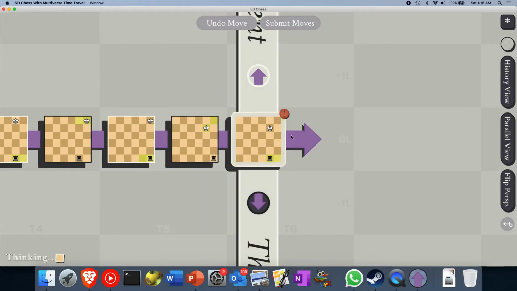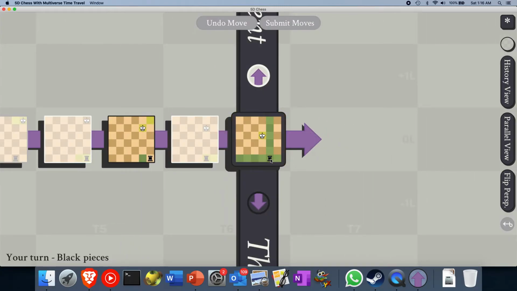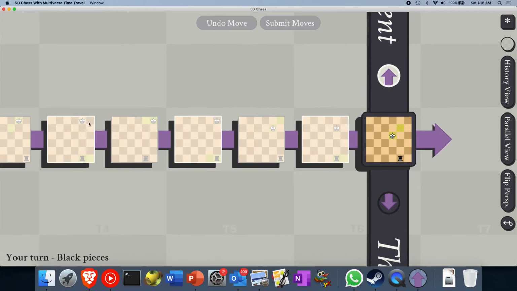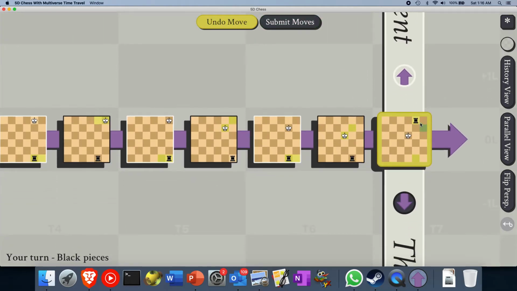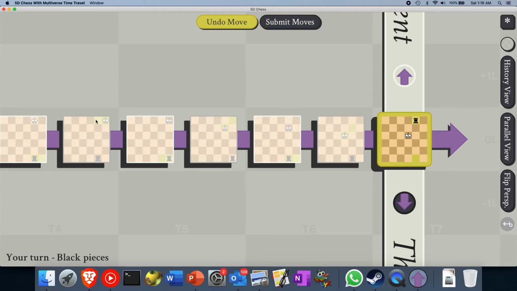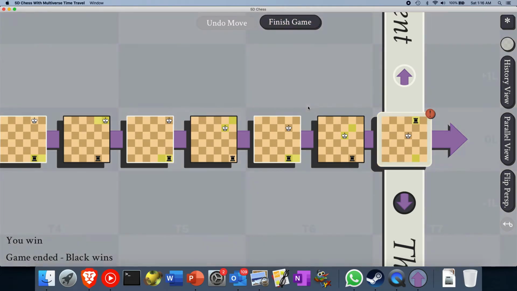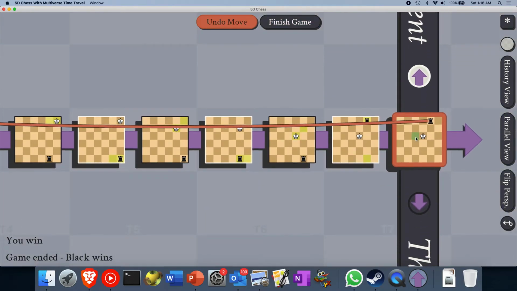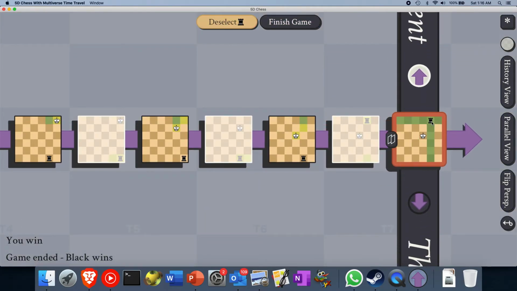Let's push it away a bit further. Okay, so you can see that previously the king was on this white square. So if I just park my rook over there, then wherever the king moves, the rook can always travel through time to go to the same square it is on right now, which is the white square. So if I submit it, you can see that it's indeed a checkmate, because this rook can travel